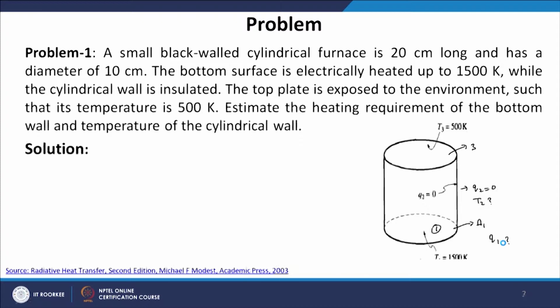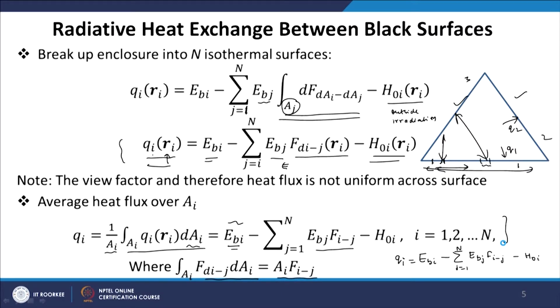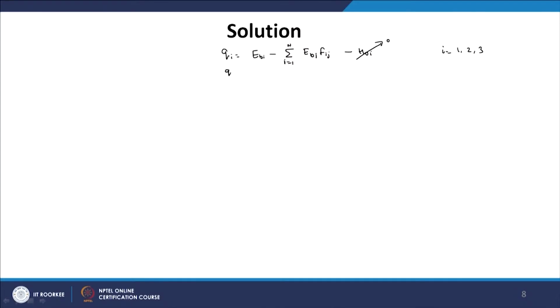We will use this expression: Qi is equal to Ebi minus summation j is equal to 1 to n Ebj Fij, minus H naught i. There is no outside irradiation, so this quantity will be 0. We will have i is equal to 1, 2 and 3, where 1 means the bottom surface, 2 is the cylindrical surface and 3 is the top surface. So, Q1 is equal to